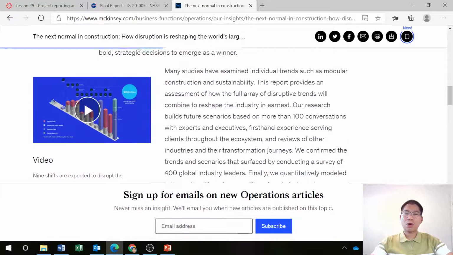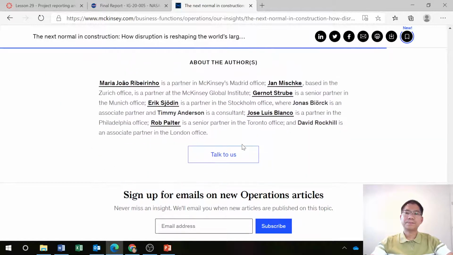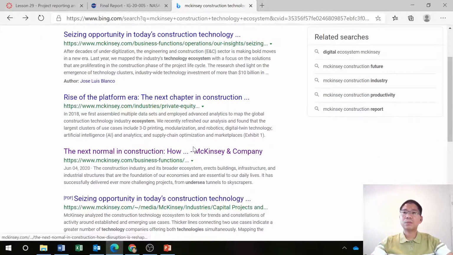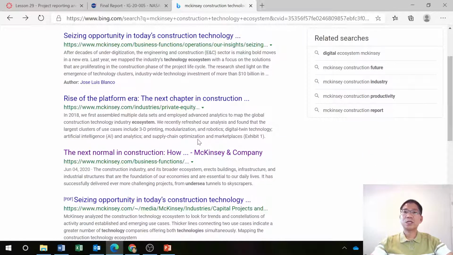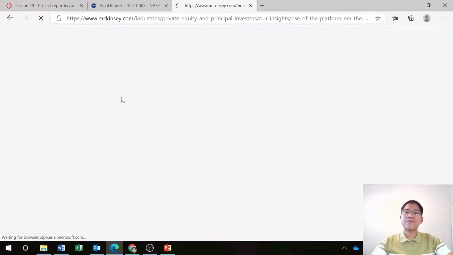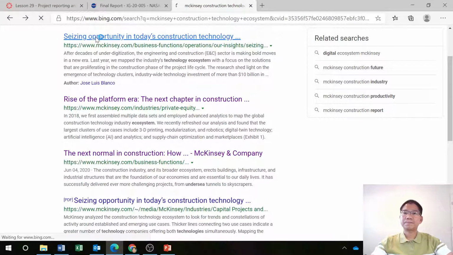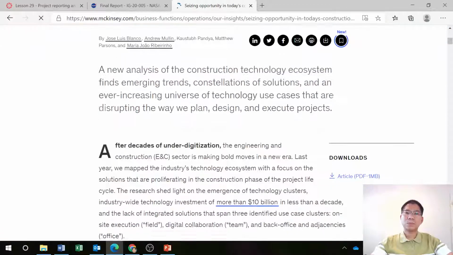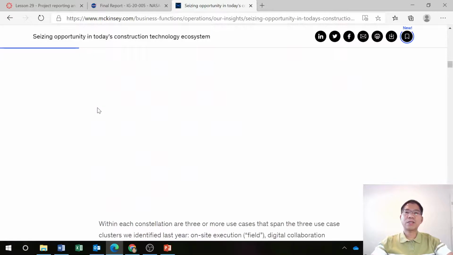You have all of that information in here, and you can see seizing the opportunity in today's construction industry platform era. You can Google it and see what the future is.